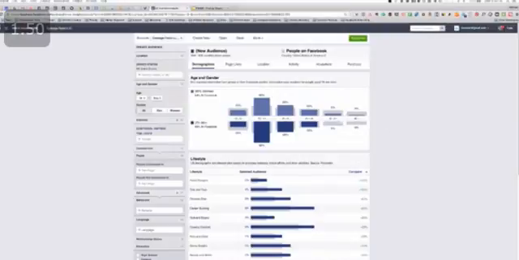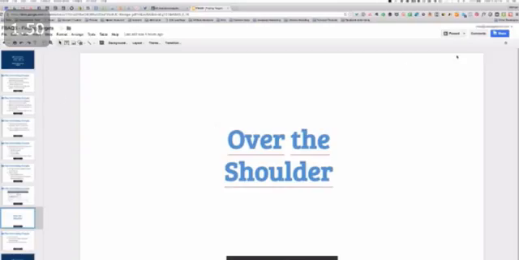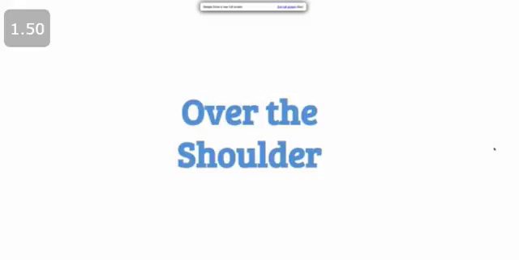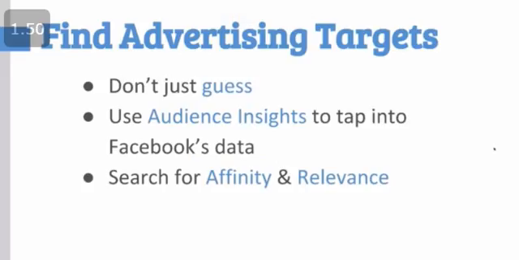So that is Audience Insights, and that is how to find your best targets in Facebook. I encourage you, again, to dig into the data. Don't just guess, okay? You don't want to just sit down and make a guess at who's going to be your best target. You want to use Audience Insights to tap into that huge wealth of Facebook's data and then primarily use